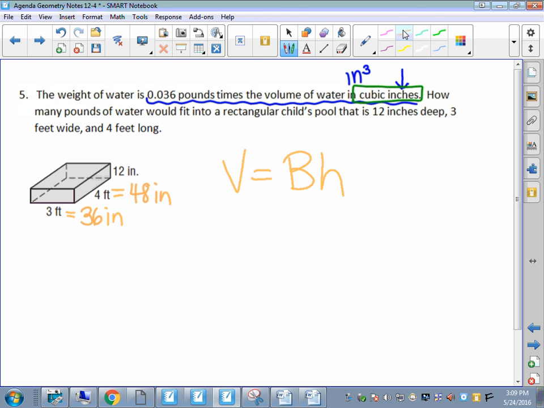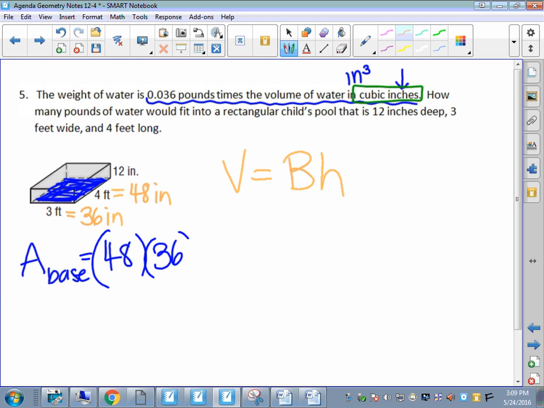Would you agree in a child's pool that this bottom part down here is going to be the base, right? My nice coloring job. So the area of the base is going to be 48 times 36,